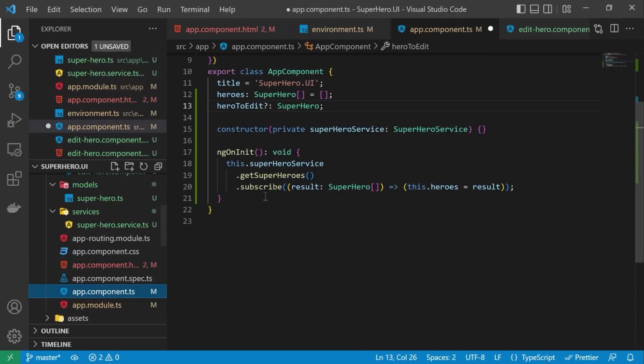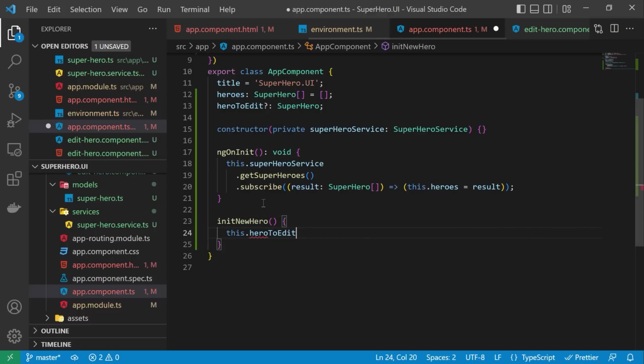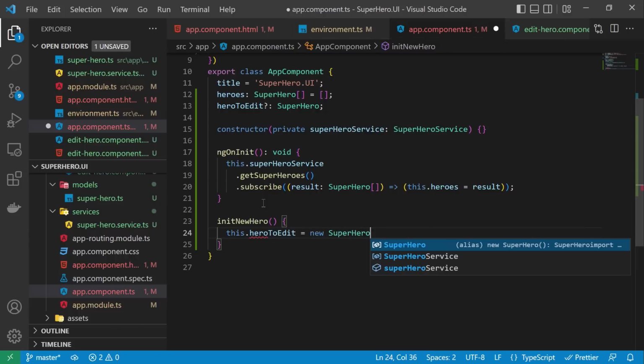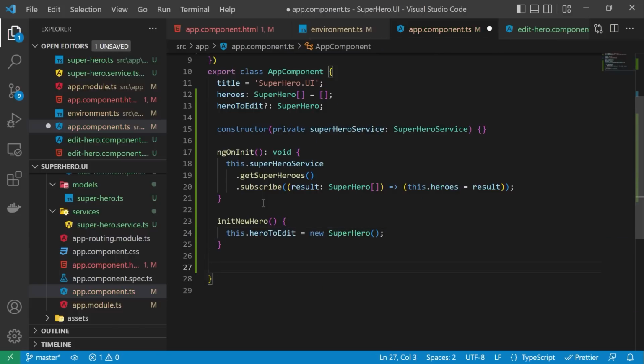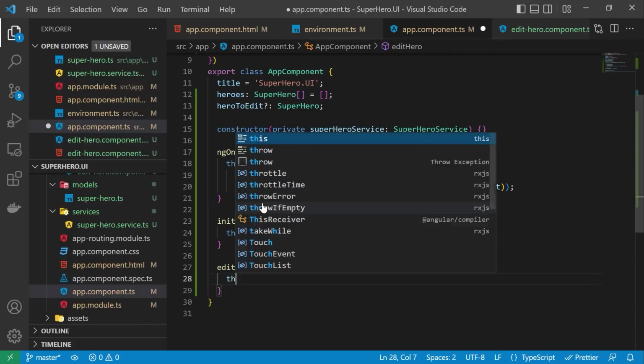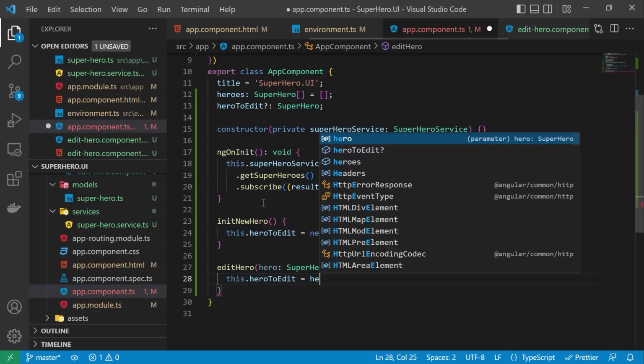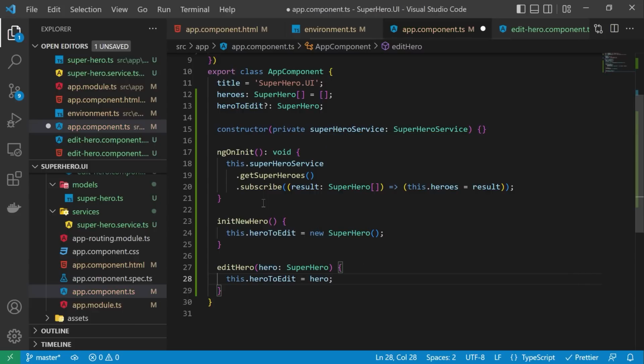So back to the component TS, we say init new hero simply says that this hero to edit is a new SuperHero, and edit hero SuperHero just says that this hero to edit is this hero. All right, let's save this